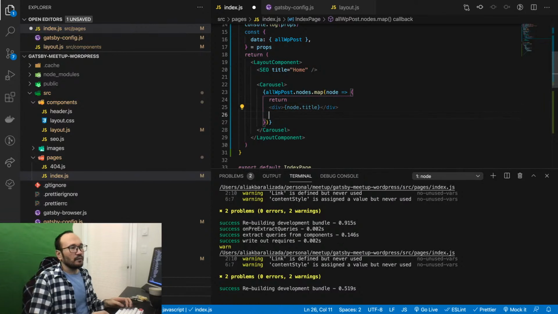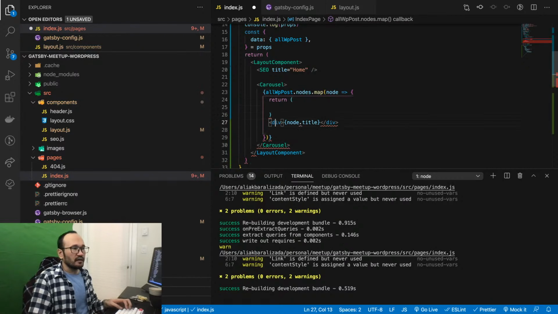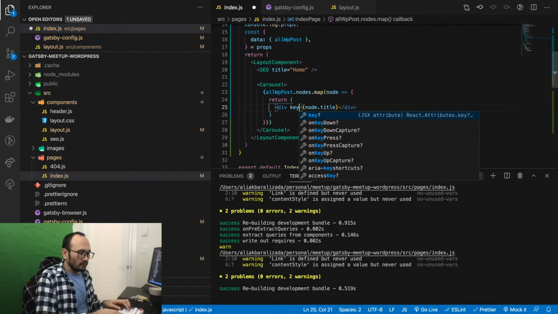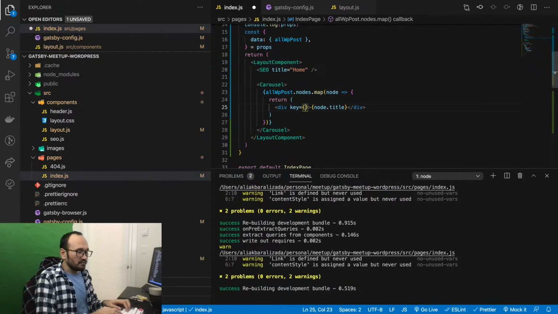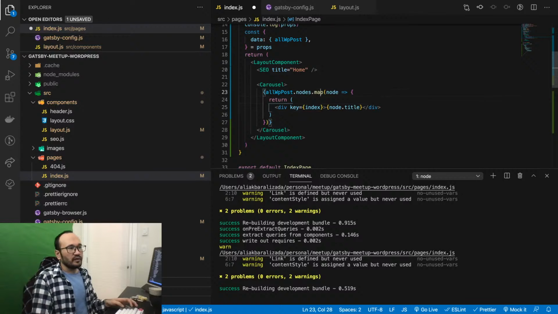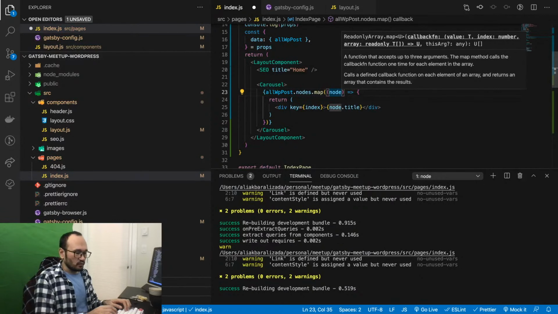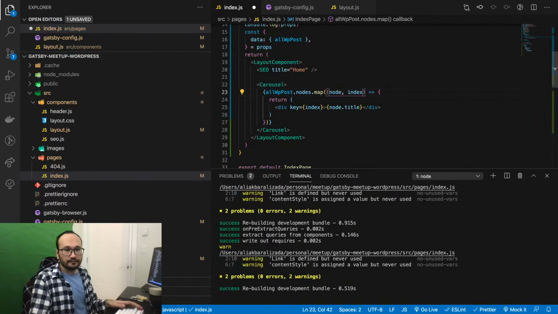Do you remember, because this is React, anytime we use .map inside and want to show a list, we need to pass a key, and the name of the key is going to be index, which we get from here. So this gives us the node and index.